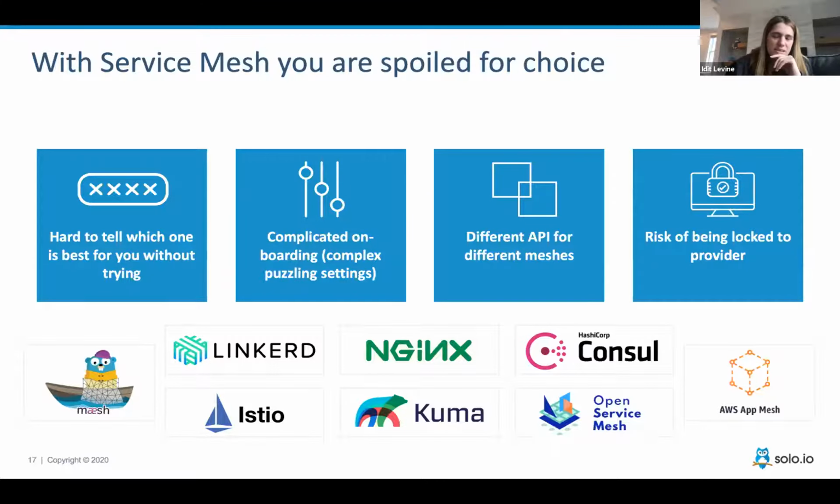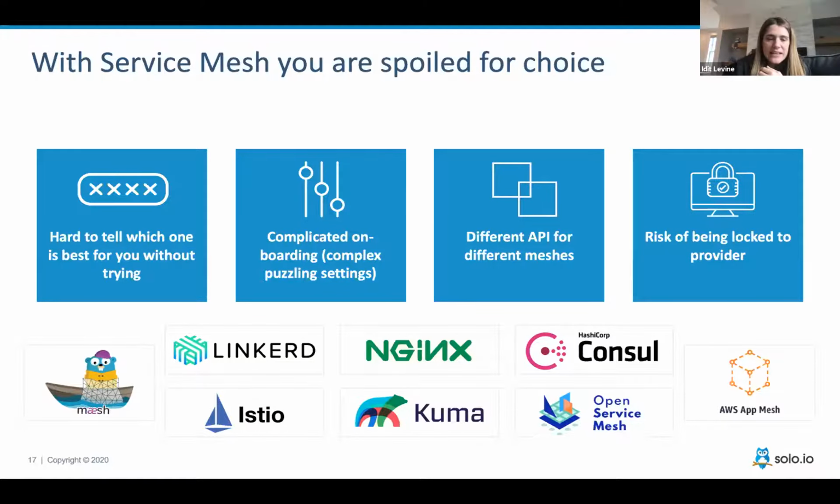Now it's a little bit different. And the thing that I think made them most nervous is how do I make sure that I'm choosing the winning one? And until recently, it wasn't clear who the winning one was, right? There was a lot of reason why, there was kind of a distributed ecosystem. So the biggest risk is that will happen. What happened to people who chose Mesosphere before? They chose Mesos, and then they needed to drop everything they did and move to Kubernetes because that's what the ecosystem decided on.